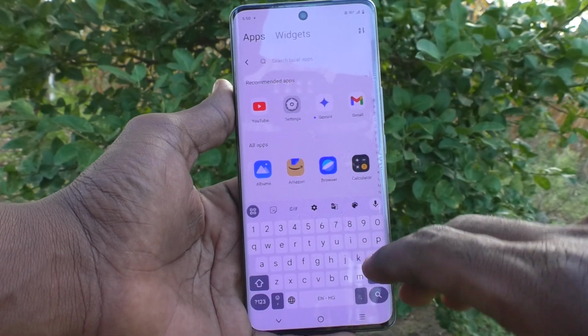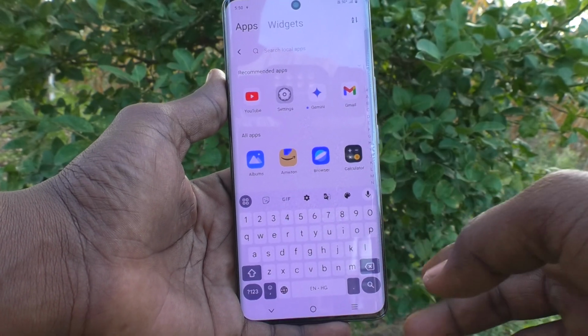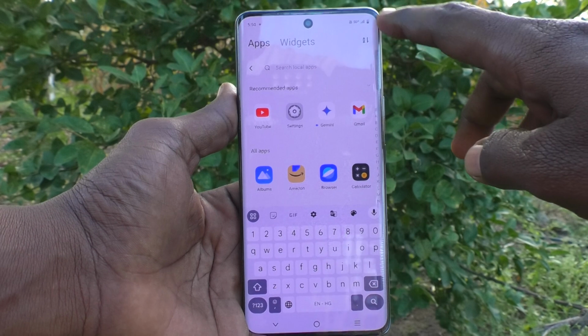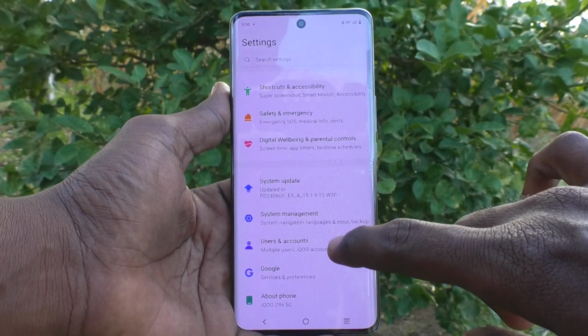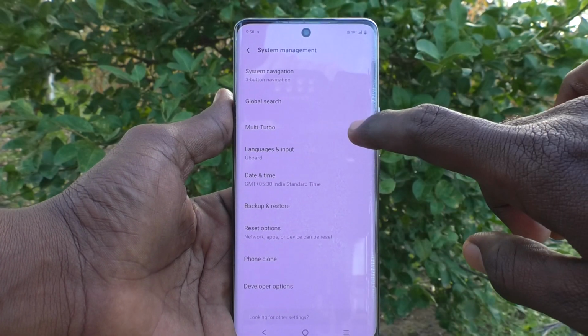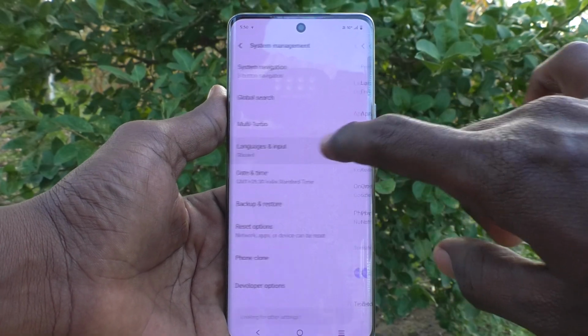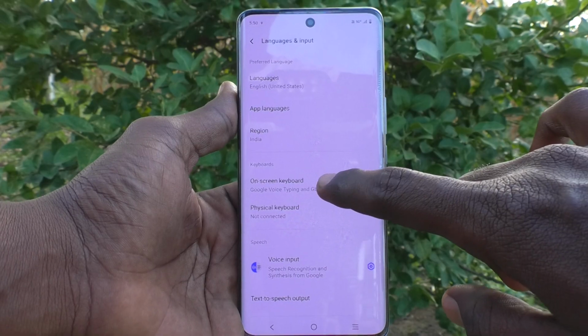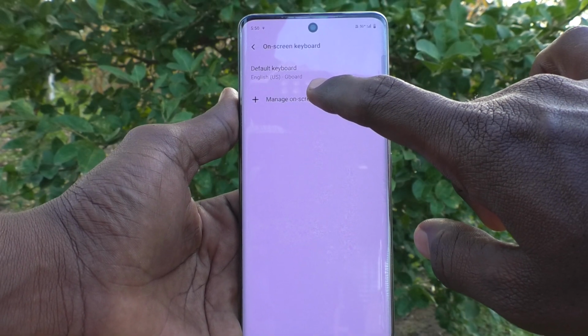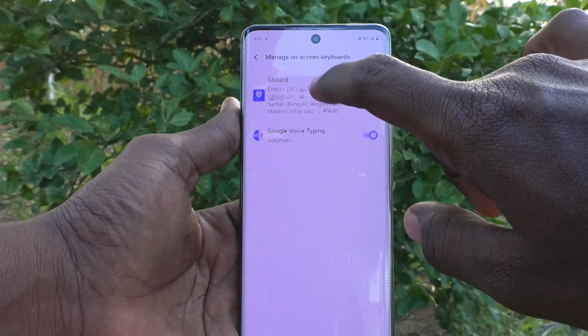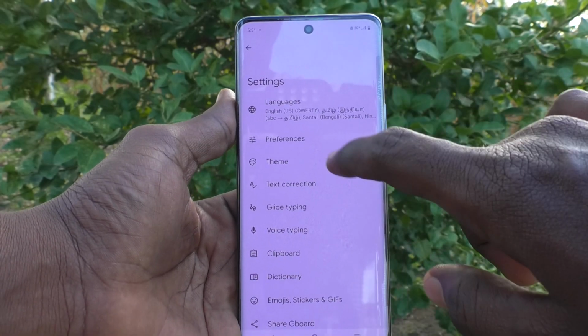If you would like to change your keyboard to another color, yes, you can do it. What you do, just go to the settings of your phone here, then go to system management and go to languages and input, and here select on screen keyboard, and here click on manage on screen keyboard and click on Gboard, and here go to theme,